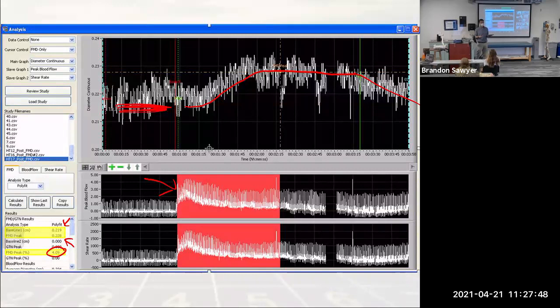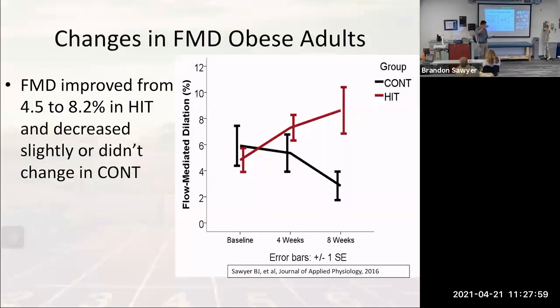So it's a really predictive test, and it's non-invasive, and that's why it's a good measurement. It's used a lot in this research. So yeah, that's the FMD. And so we did this test at baseline. We did it at 4 weeks, and we did it at 8 weeks. Okay,